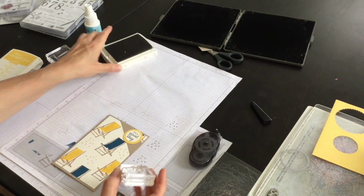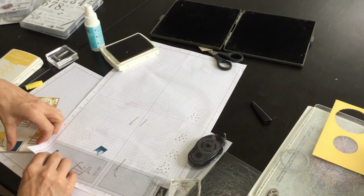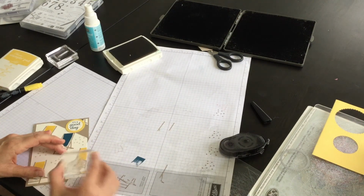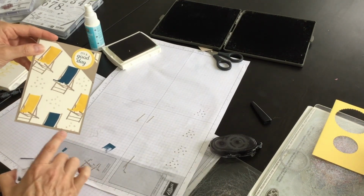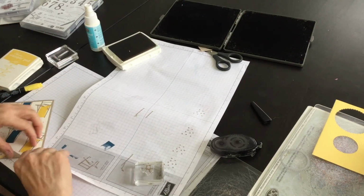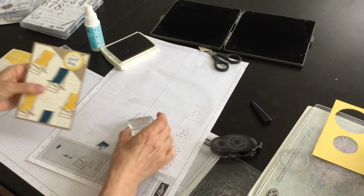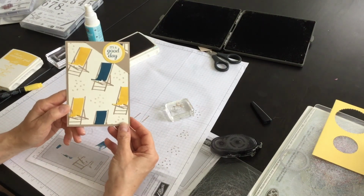And then when you have your card put together and you realize that you wanted to add another touch, I hope you can see this on the video. I'm just going to stick my grid paper in between, and that way I can stamp off, but it's not going to come on the crumb cake itself. And then I'll do the same thing at the top. Just slip this grid paper in, stamp on, and then off, like so. So it looks like there's a little bit of sand around my deck chairs, which is perfect for my beach